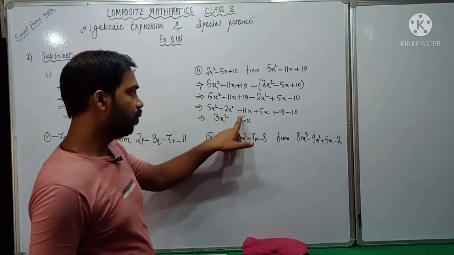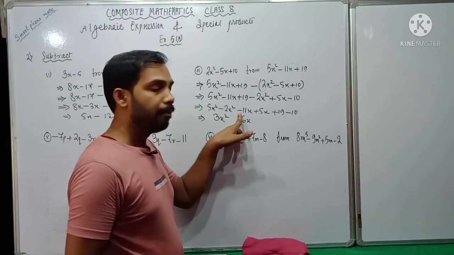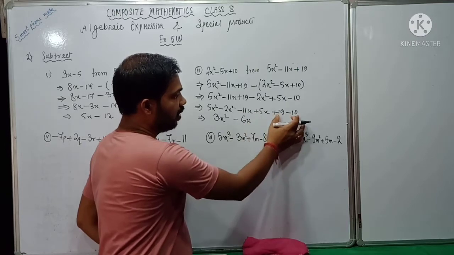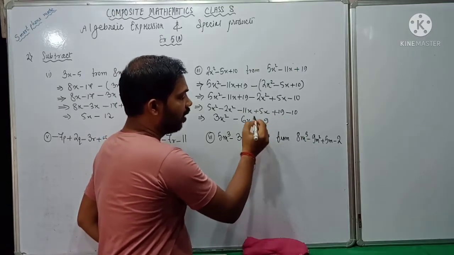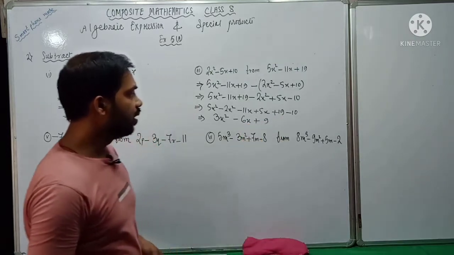Now we will put the sign. Now what sign will it be? It will be a minus sign, since the bigger number has the minus sign. Okay. Then this part we have done. Now this part is left. So from 19 you subtract 10, then it will be 9. Now what sign will I put? The bigger number's sign. Okay. So this is our answer.